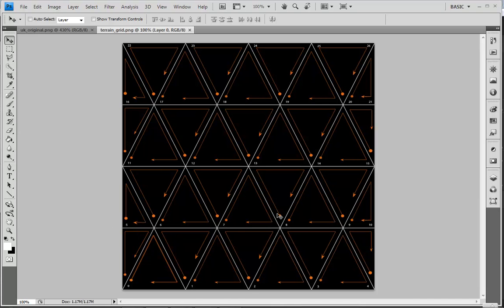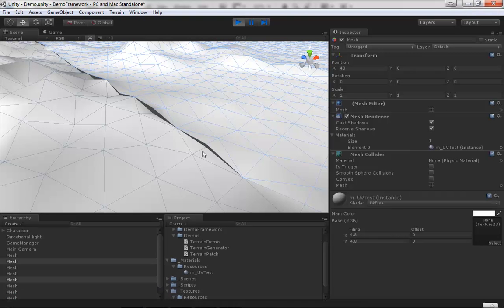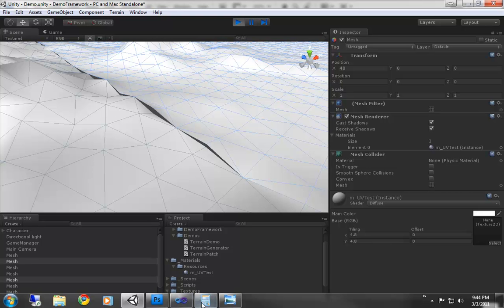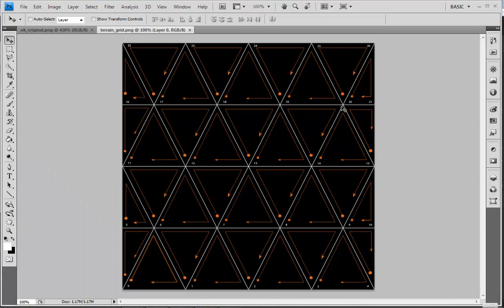If you look at this display, and then we go back into Unity, those points are the ones that we forced in. You can tell they're the straight lines as opposed to the diagonals that are running in. And then if we go back to Unity,